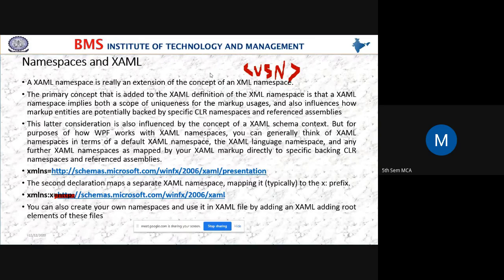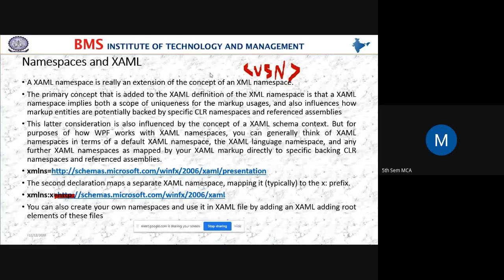XML is the basis for XAML, or we can also say XAML is an extension of XML. Students, if you have learned XML in the first semester in web programming, we learned that in XML we can create our own tags.